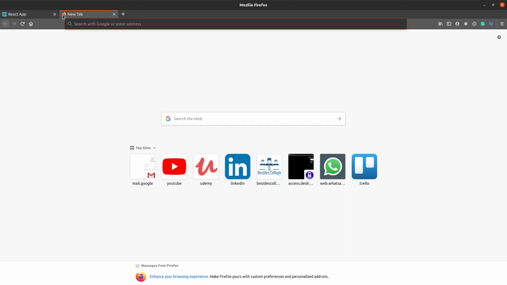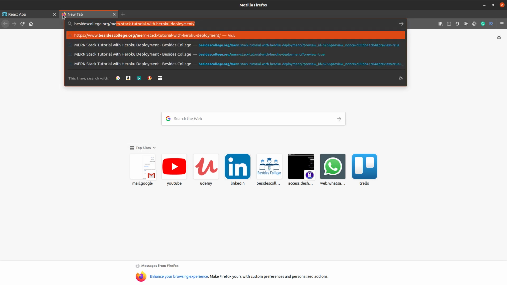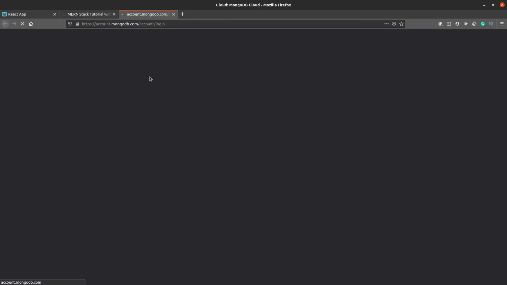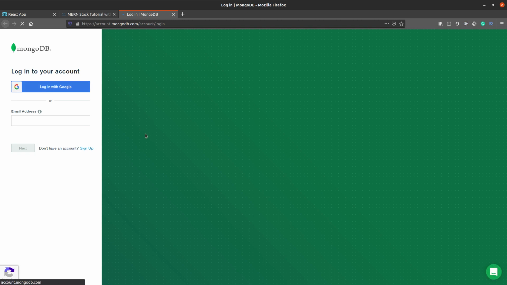Let's go back and verify it in the Atlas DB. I'm just trying to fetch the URL for the MongoDB Atlas.